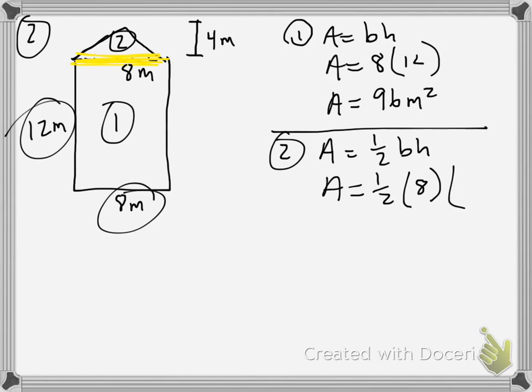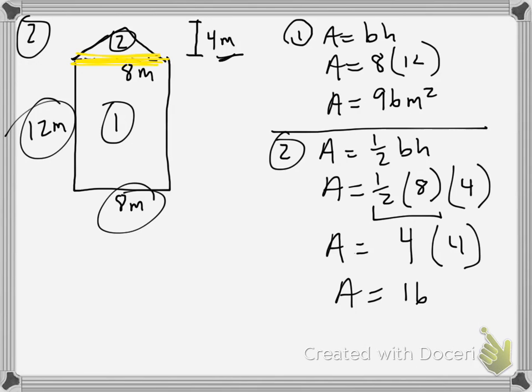Now, the height of the triangle is given. That's right here. That's given as 4. So now I have all the pieces, and I just need to multiply. Remember, multiplication is commutative, so the order doesn't matter. You could multiply this in any order you want. In my mind, the easiest way to do this would be to multiply the 1/2 times the 8 first. Half of 8 is 4. So I know that those two are going to be equal to 4. And then I still have the other 4 to multiply. And 4 times 4 is, of course, 16. I'm working in meters, so this is meters squared. So the area of shape number 2 is 16 meters